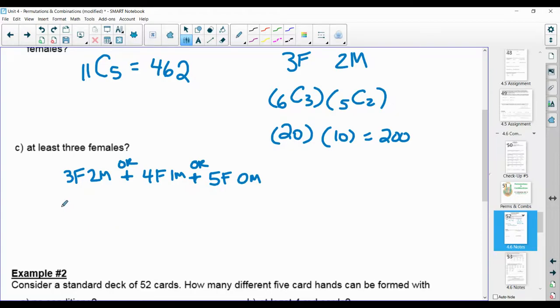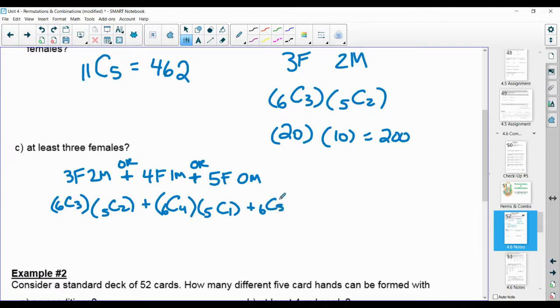So let's write all that out. So 3 females, 6 choose 3, 2 males, 5 choose 2, plus 4 females, so 6 choose 4, 5 choose 1, and 5 females, 6 choose 5, and 5 choose